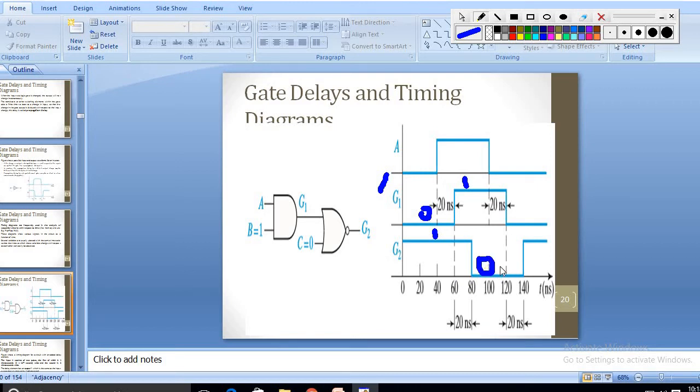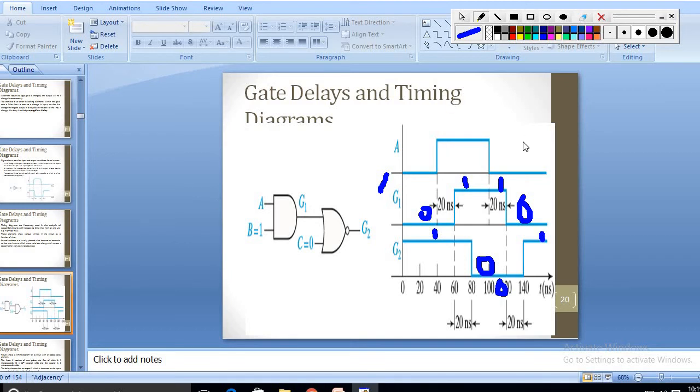So again, see here, it is changing from 1 to 0. Here it is 0, so again it is changing from 0 to 1. But it is not suddenly changing; it is taking its own time, that is the propagation delay of 20 nanoseconds, and after that it changes. So in a sequential circuit, if there is any change on the input side, the output will not change instantly. It will take its finite time, and after that it changes its state. That finite time I need to call a propagation delay, that is epsilon.